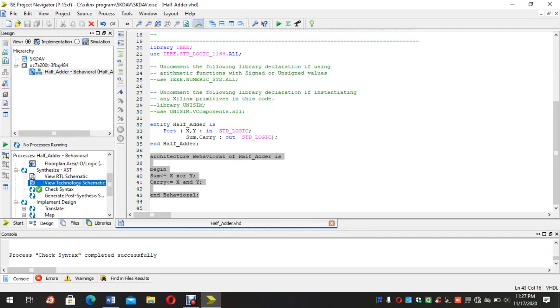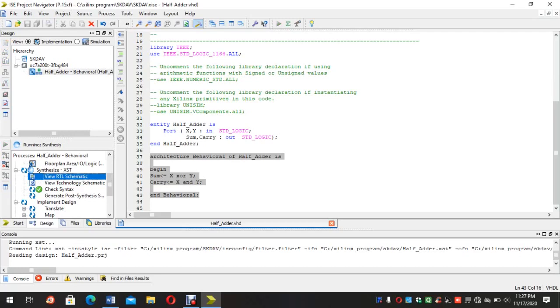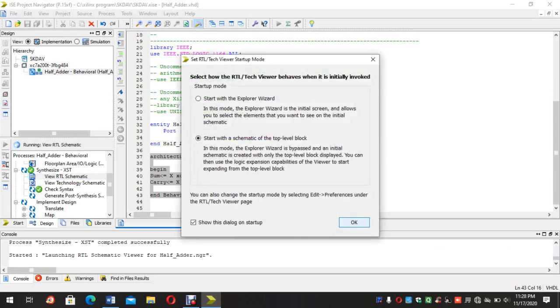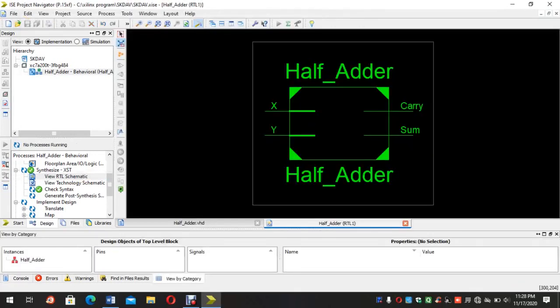Then click on View RTL Schematic. Then click on OK. So this one is the schematic. Here 2 inputs are given, that is x and y, and 2 outputs we get here, that is carry and sum. Click on this.